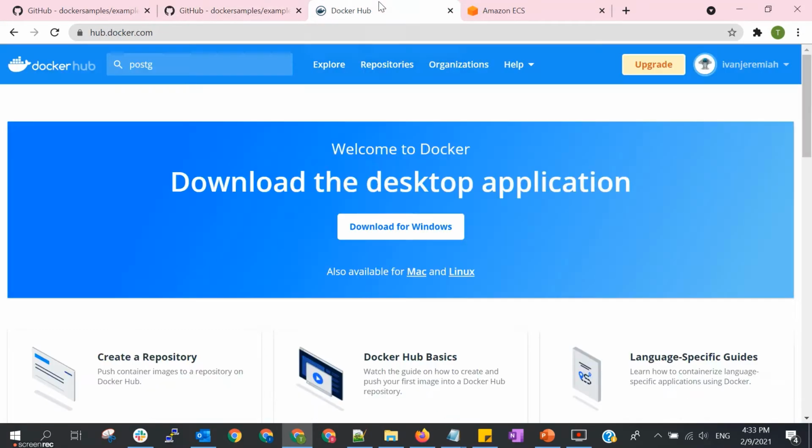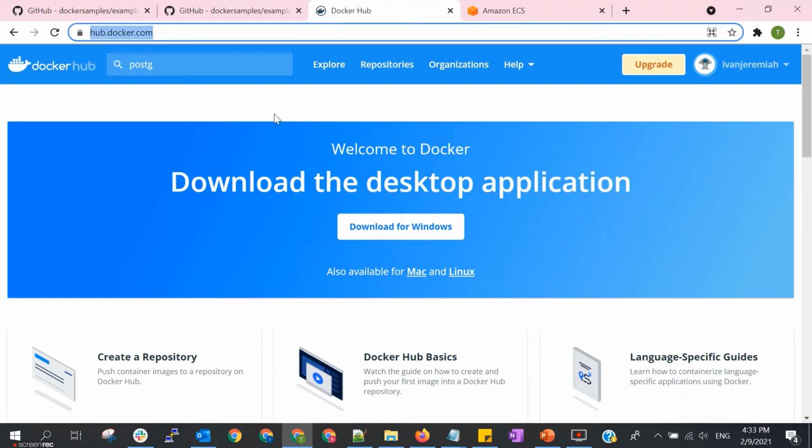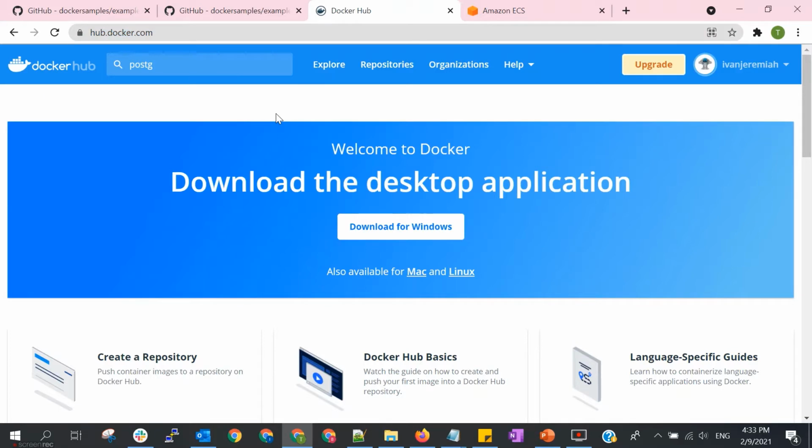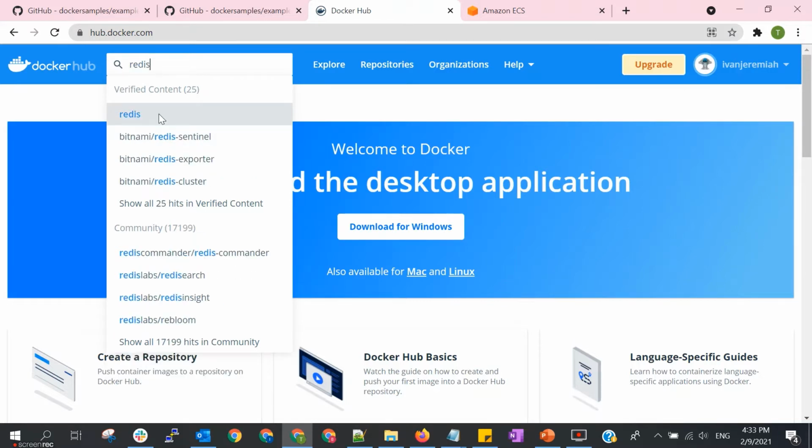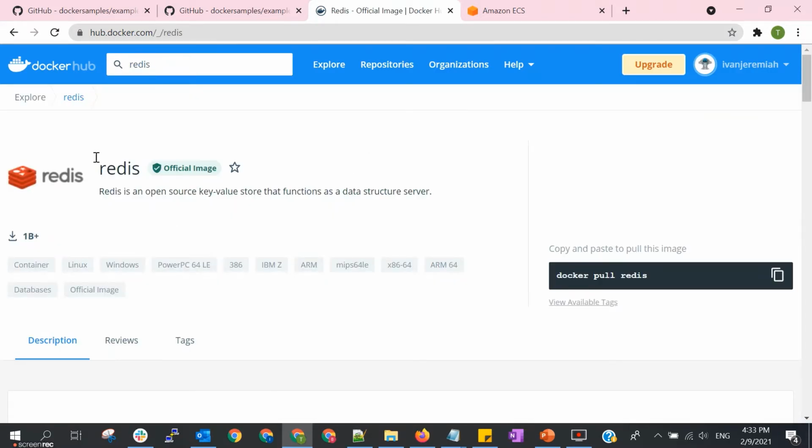You might also need to create your own account in Docker Hub, so later we can create the image and create our repository here. Let's say we look for Redis, search for Redis, and we will find it.